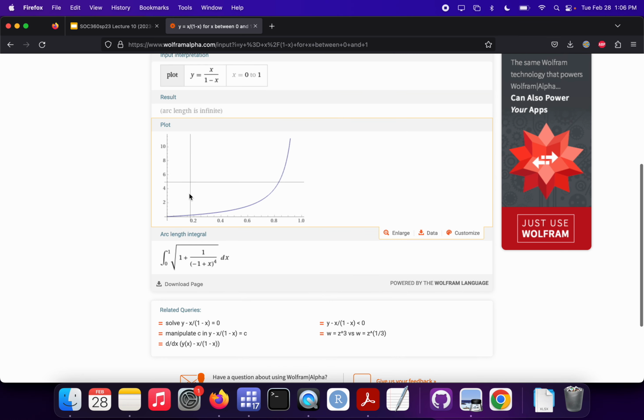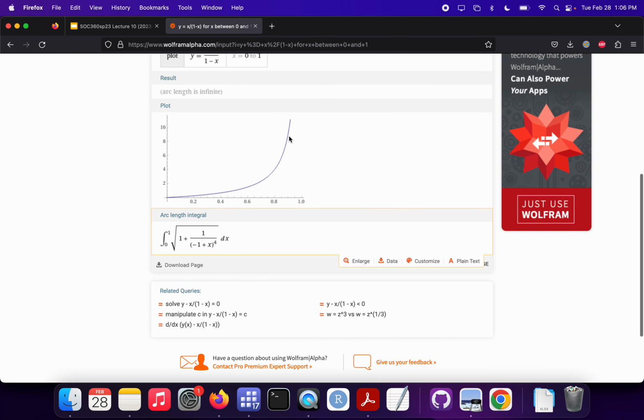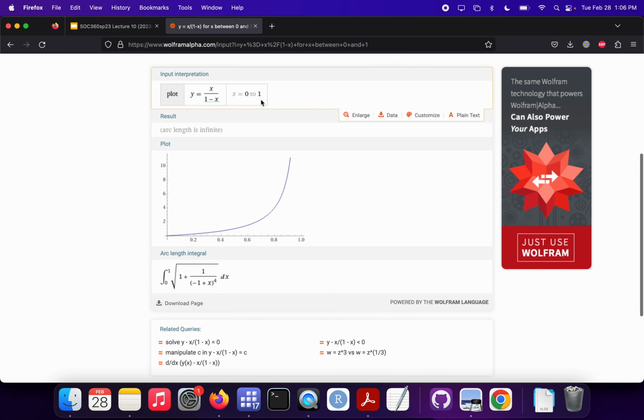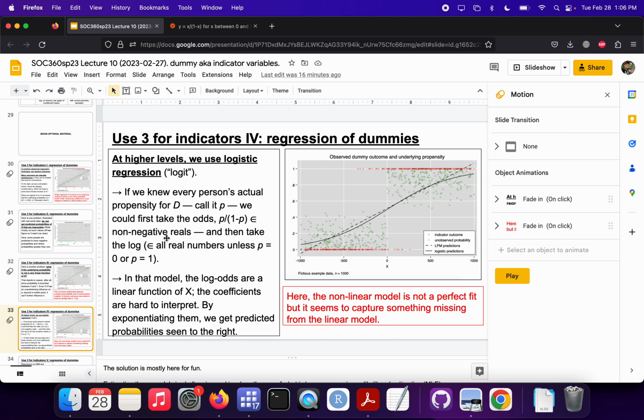Note here that, okay, we can't go into the negative numbers, but there's in principle no upper bound here, even though we have this bound on x from 0 to 1, which is a really nice fact. So the odds don't have this upward bound. They still have this negative downward bound, right? So then what we would want to do is take the logarithm, and the logarithm of this thing is a